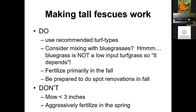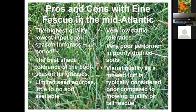So again, starting off with what I think is our most common grass and arguing that it does have low input characteristics. But now let's truly go to the lowest input turf that we can grow in the mid-Atlantic. And that would be fine leaf fescue, for which there are about 4 different species. Sheep fescue is a species of fine leaf fescue, but it's mostly used as an ornamental. And in the world of fine leaf fescues, you hear about things such as creeping red, which has very short rhizomes, chewings, and hard fescue. So those are the 3 that are grown as turf